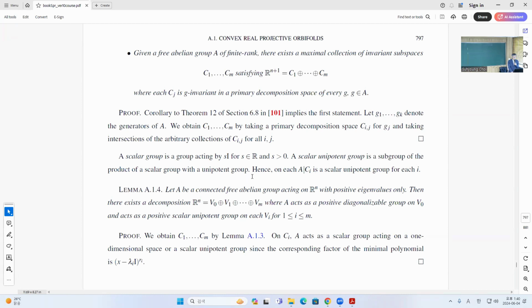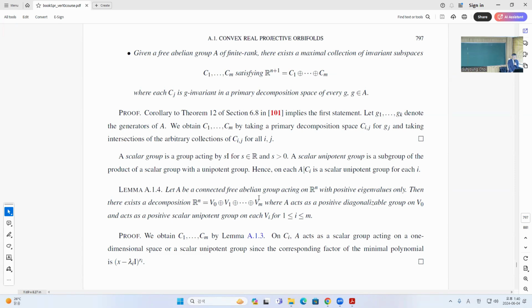So a subgroup of a product like this, and so for each A bar Ci, a scalar unipotent group for each I. Okay. So for this Ci, if you restrict this A, then it will be a scalar unipotent group if you decompose like this, because it has only one eigenvalue there. Okay, and